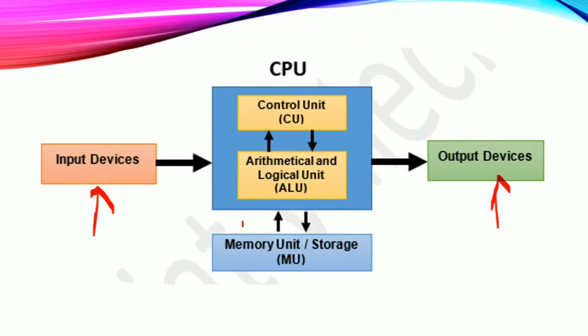Now inside this CPU we have two functional units, and these two functional units are termed as CU and ALU. In this video we have to discuss this CU and ALU in detail. And when the CU and ALU work on the data, after calculating the result, that result is sometimes stored in our computer's storage. So for that, this storage unit or memory unit is generally used.